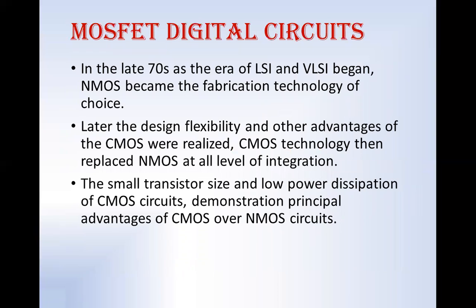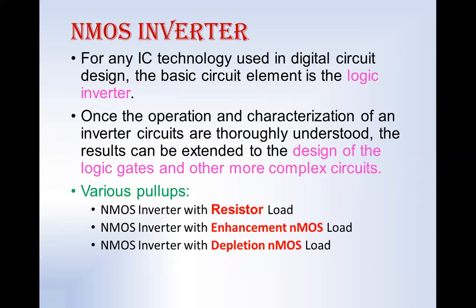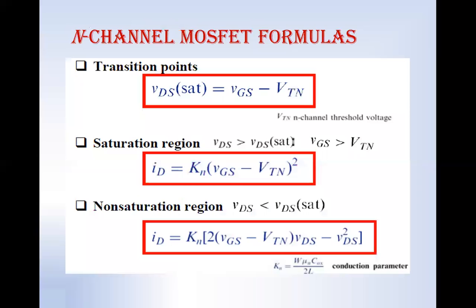Now let us see the NMOS inverter. Generally, inverters are the basic circuitry used to build any complex circuitry. After the invention of NMOS, CMOS was invented, having the advantages of low power and complete switching from logic 1 to 0. So these two technologies are still in the current market. Now the NMOS inverter can be constructed using 3 different loads: a resistor as one load, and enhancement NMOS and depletion NMOS as other loads.